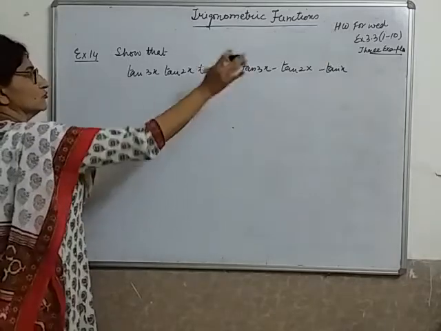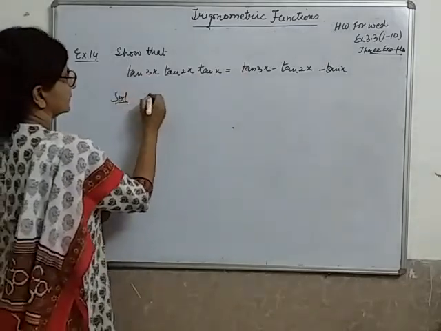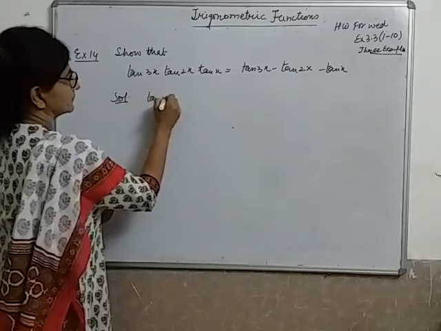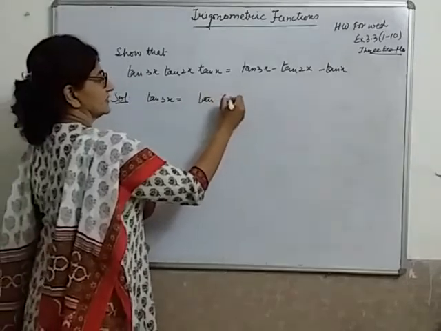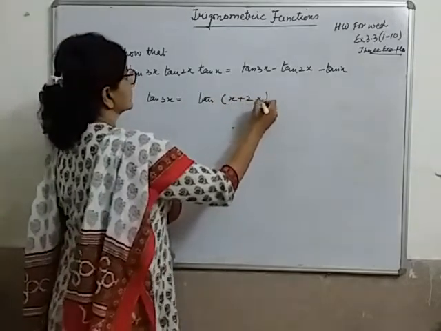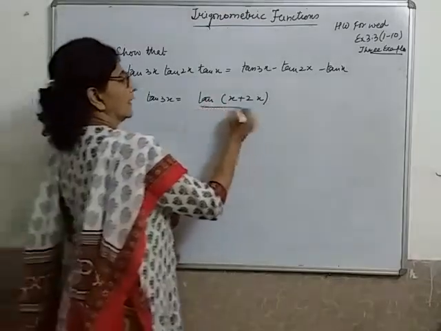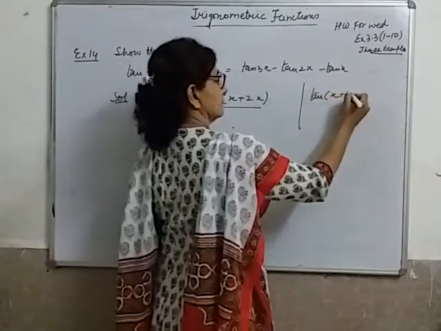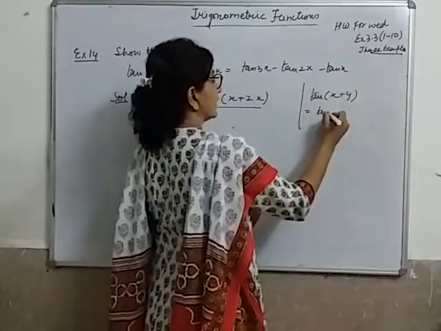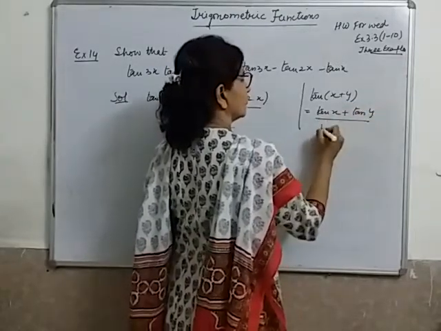I start, there is no left, no right. I am starting with the solution myself and I am taking tangent 3x. Tangent 3x can be written as tangent of x plus 2x. Does anyone have any objection? I have written 3x only. Why did I write it? So that I can apply this identity. See, I am writing it every time I am using an identity, but you will not write it. I am pretty sure it is in your notebooks.